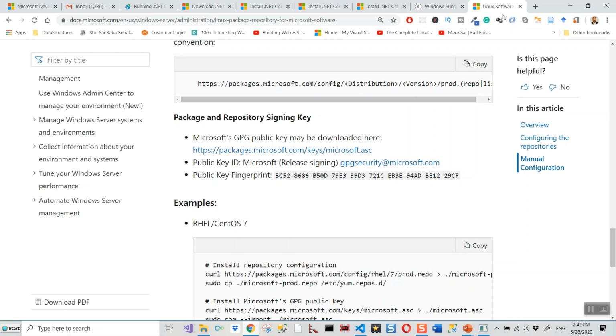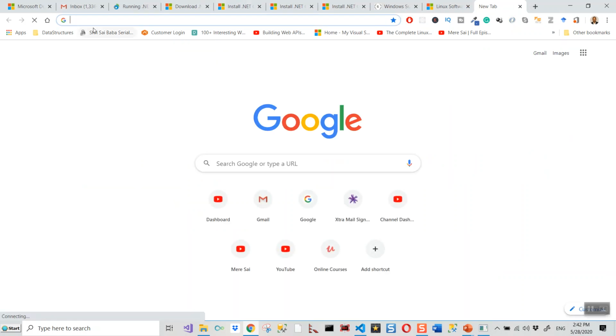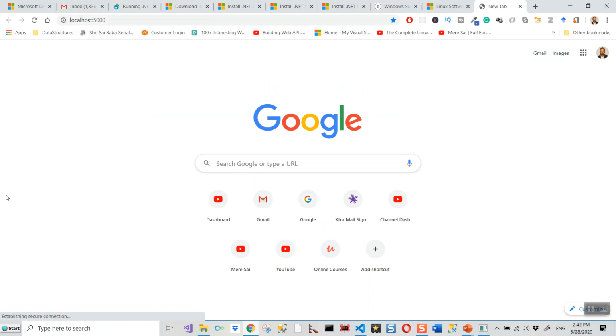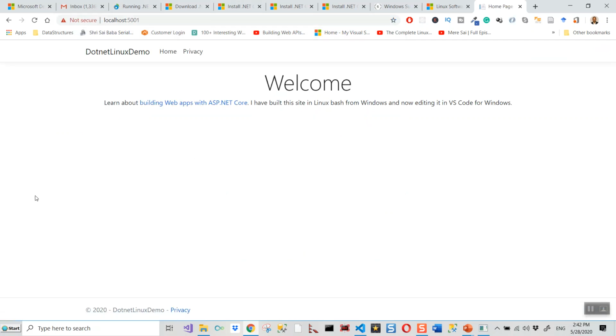You can just paste it in Google Chrome, and see all the changes are reflected. I have built this site in Linux bash from Windows and now edited it in VS Code for Windows.